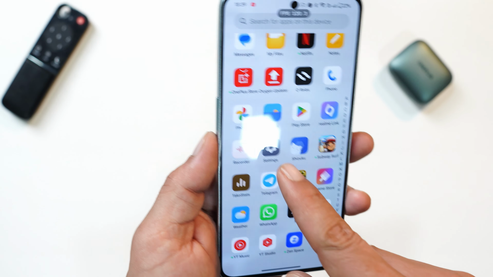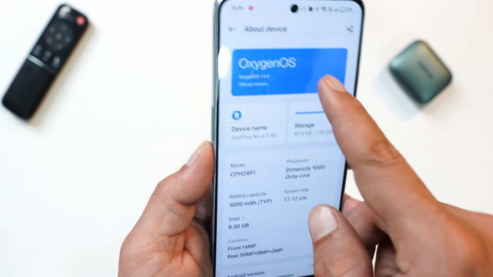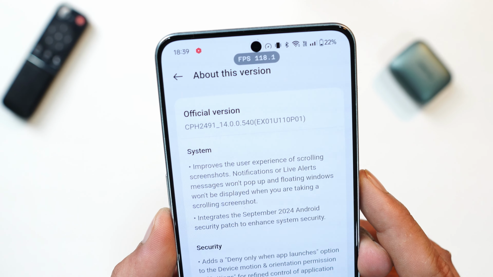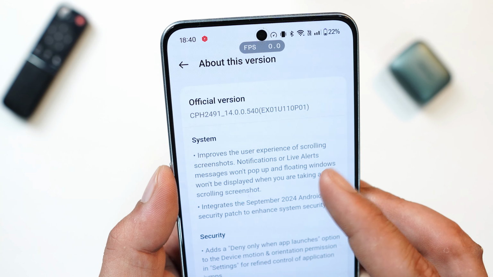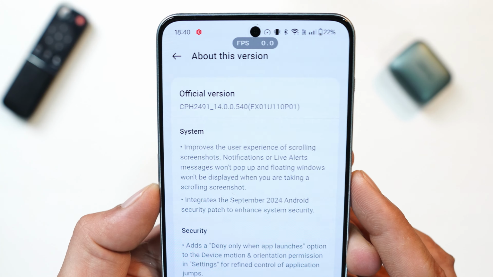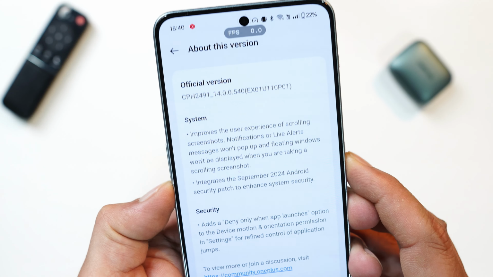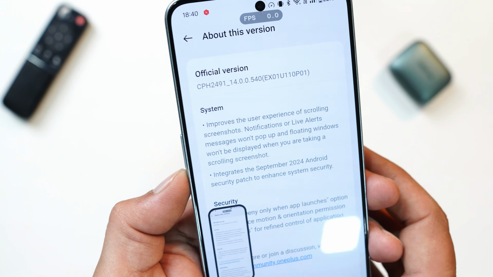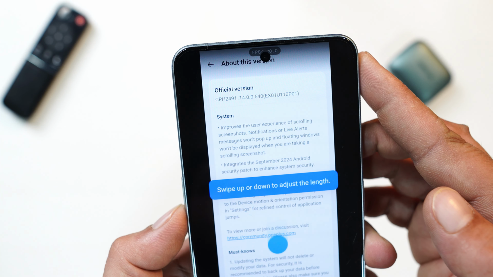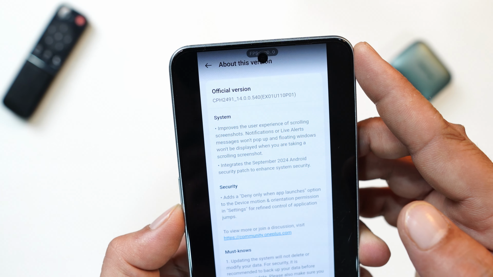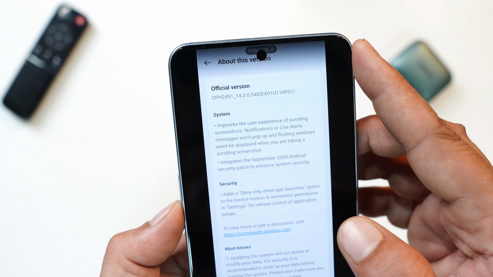Now let's take a look at the changes OnePlus has made with this latest update. As I told you guys initially, there is nothing much changed. Like other OnePlus smartphones, here also OnePlus has improved the user experience of the scrolling screenshot. Previously, if you took a longer screenshot or a scrolling screenshot, and a notification appeared, that also used to get captured in the long screenshot, but now that notification pop-up will not appear